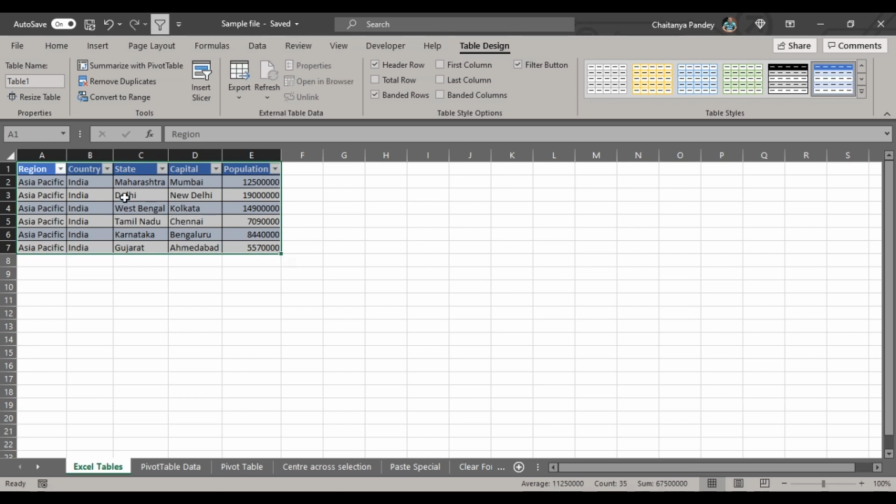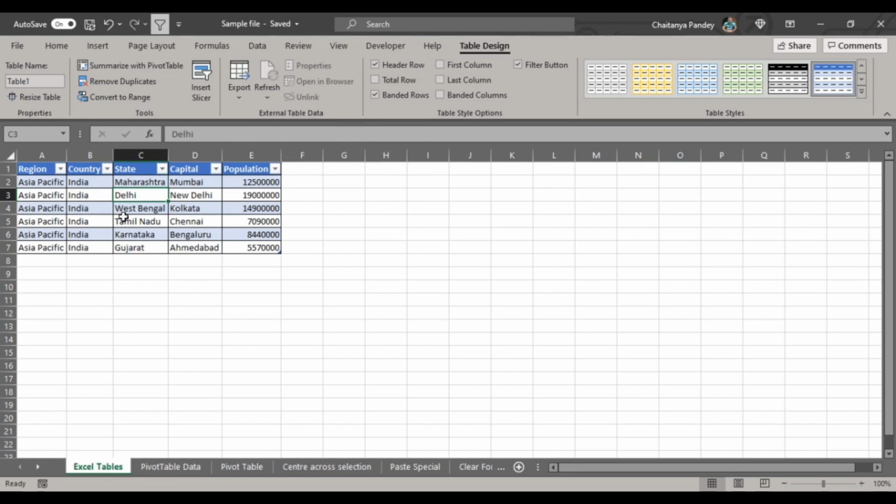If you want to change the colors, you can select any design from here and change this according to your needs. Here you have many options particularly relevant to the table.